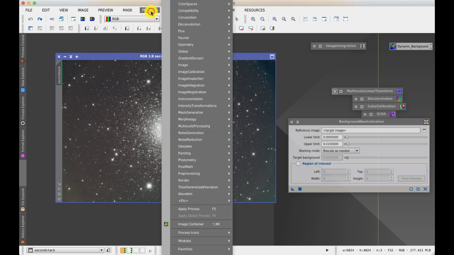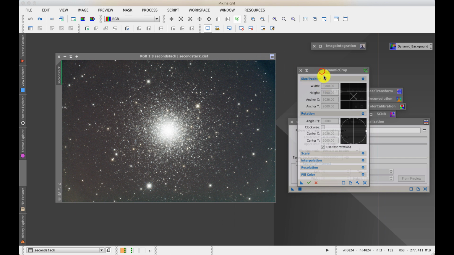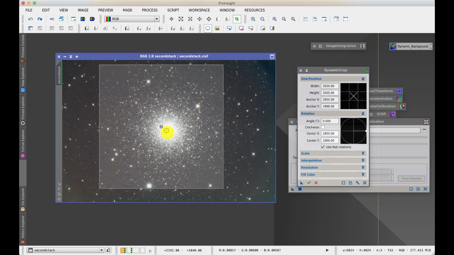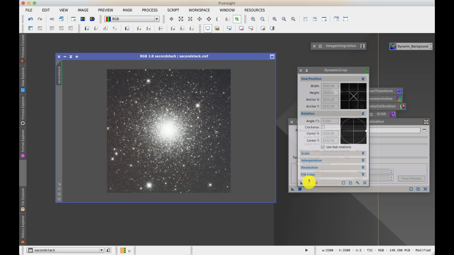If we just bring up dynamic crop once more, I'm going to make a crop which is 3500 by 3500 pixels. And I'm going to shift the center to the middle of the cluster. That makes a nice image framing wise. These big stars are contained within it, so there's no big stars on the margins, so that's good. So let's hit tick. So now we're dealing with a much smaller image which has no rubbish around the outside